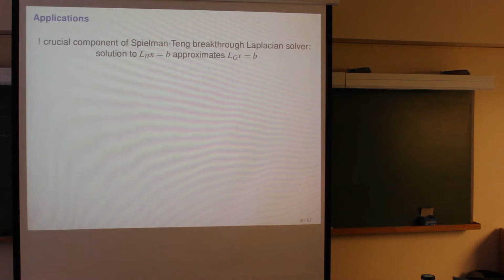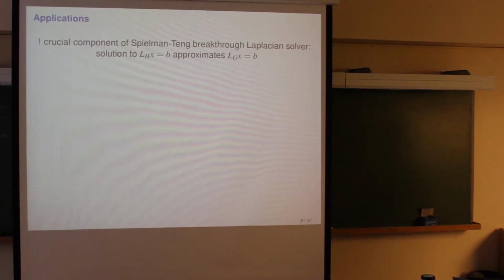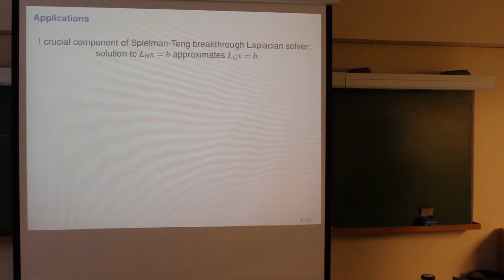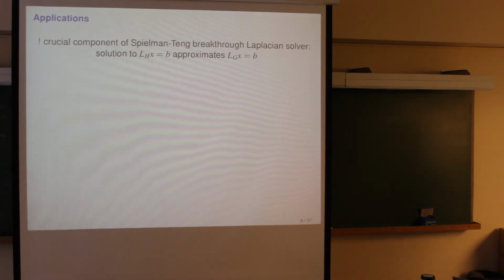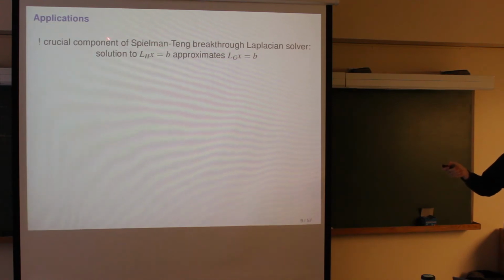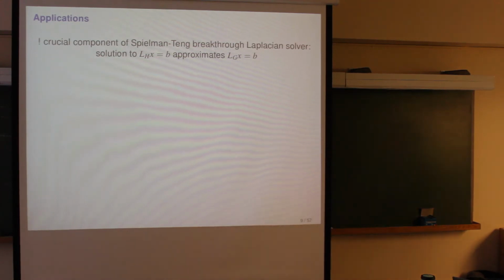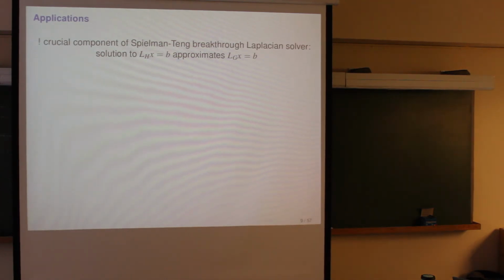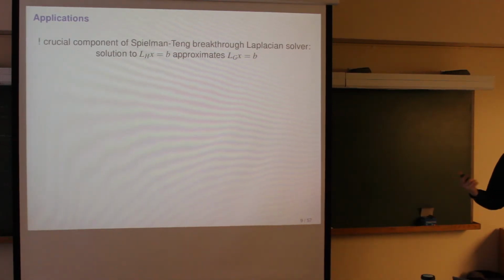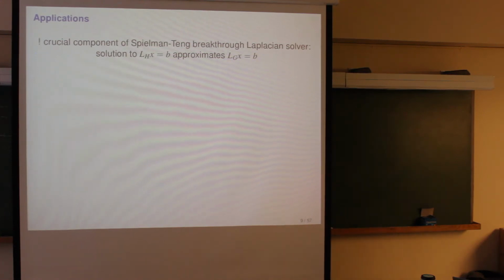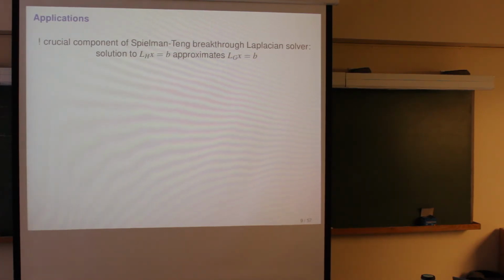Then there's even more. The reason why Spielman and Teng were interested in spectral sparsification rather than this rougher form that I just mentioned is because if H is an epsilon spectral sparsifier of G, then you get that the Laplacian system, so this is like a linear system in the graph Laplacian, of the sparsifier actually approximates the original linear system. So that means that if you want to solve this original linear system in the graph Laplacian, which is something that you very often have to do in graph theory, then you can actually solve this in a much sparser graph H.